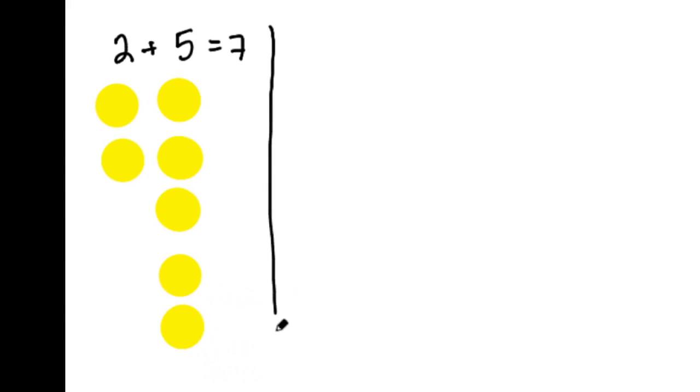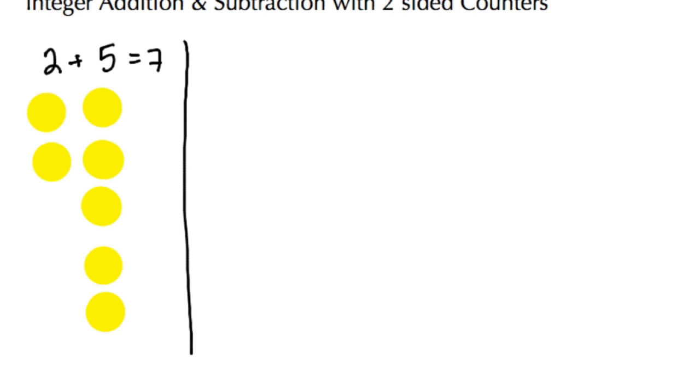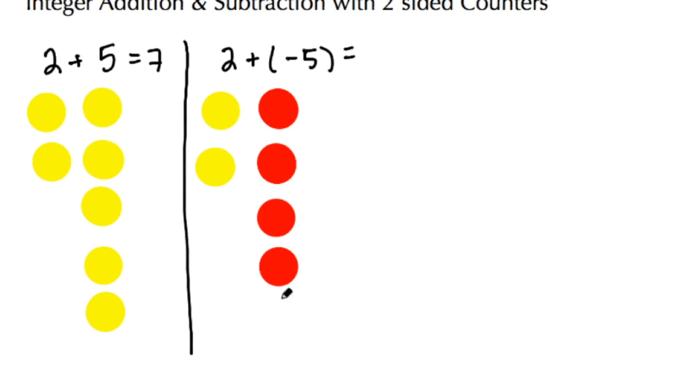All right, let's do our next example with addition. This time we're going to take 2 and I want to add to that a negative 5. So again, my first number 2 is positive, so I'm going to have 2 yellow dots, 1, 2, and then I'm going to add to that or combine with that 5 negatives. So that's going to switch over to red, and then I have to add in 1, 2, 3, 4, 5.